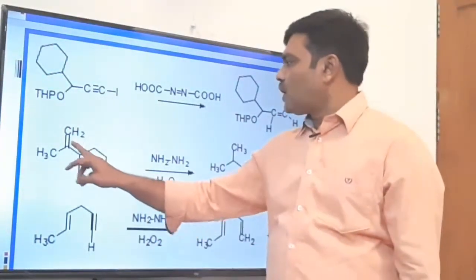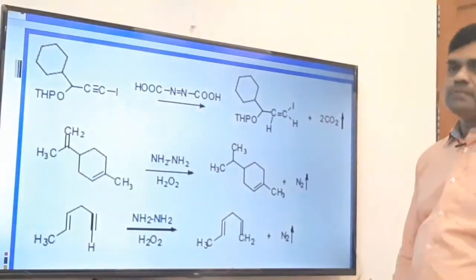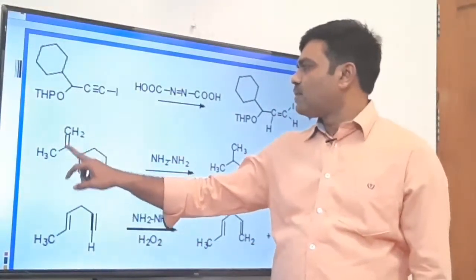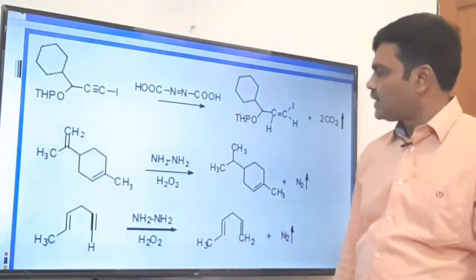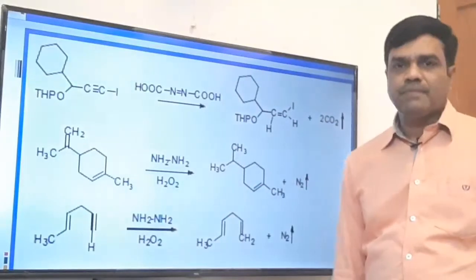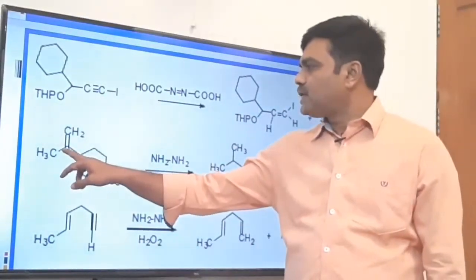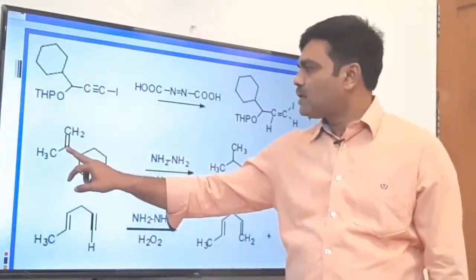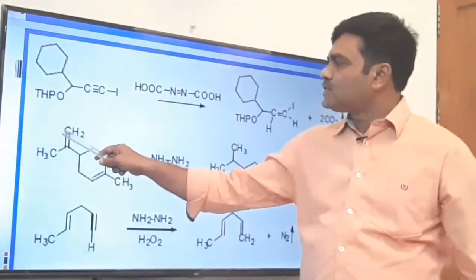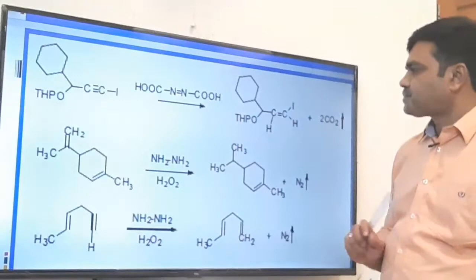Here, see, two carbon-carbon double bonds are there. So, which will reduce? Of course, the less substituted. This carbon-carbon double bond is disubstituted. However, this carbon-carbon double bond is tri-substituted. Which are the two substituents here on this carbon-carbon double bond? This one, this is the second, this carbon. However, to this carbon there is no substituent.